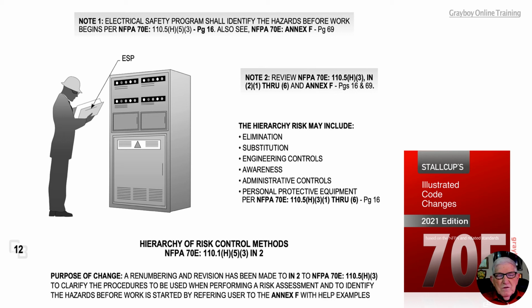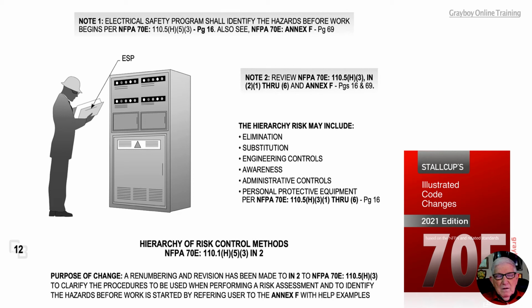This illustration deals with the hierarchy of risk control methods. In accordance with 70E 110.1H53 Informational Note 2. The purpose of the change was a renumbering and a revision that took place to the Informational Note 2 to 70E